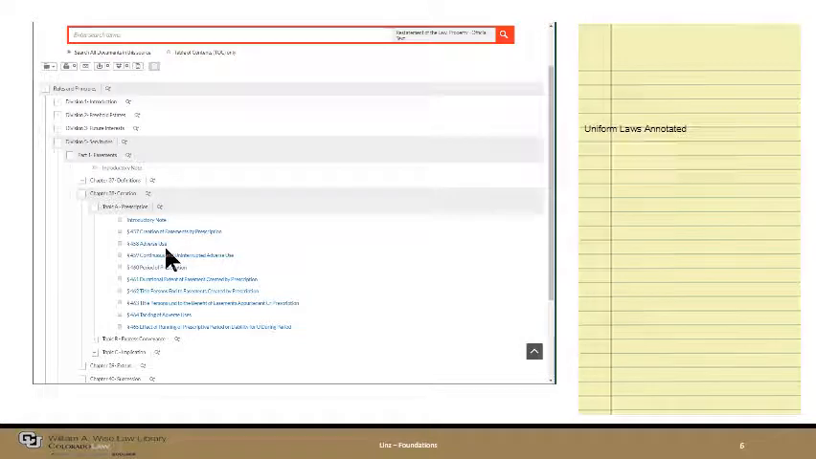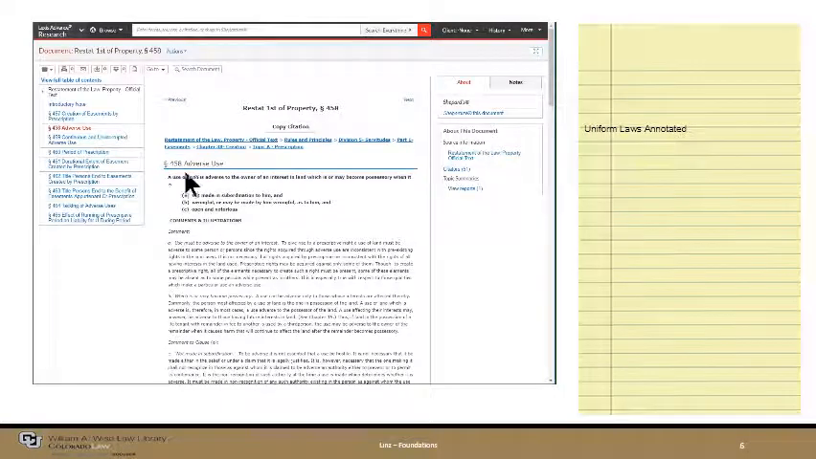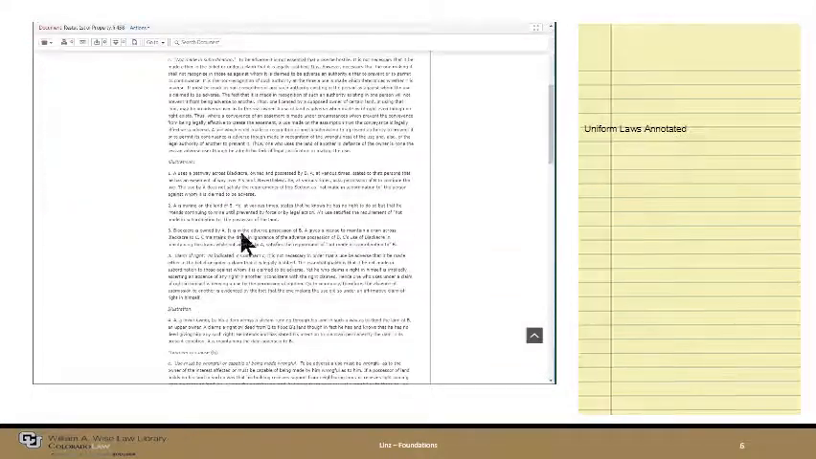So let's assume we want to know what the black letter rule was about creation of an easement by adverse use. Here is a section on it, and this is it. Section 458. Here's the black letter rule, bolded, of course. And then what we find is comments and illustrations provided by the drafters of the restatement. So here's a comment about how we're to understand this black letter rule, and then it also provides illustrations